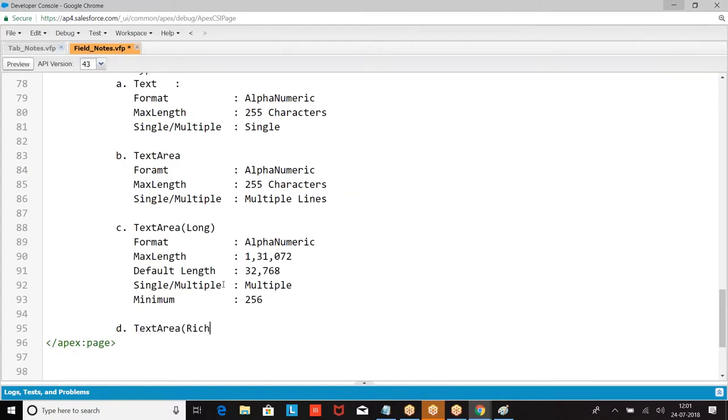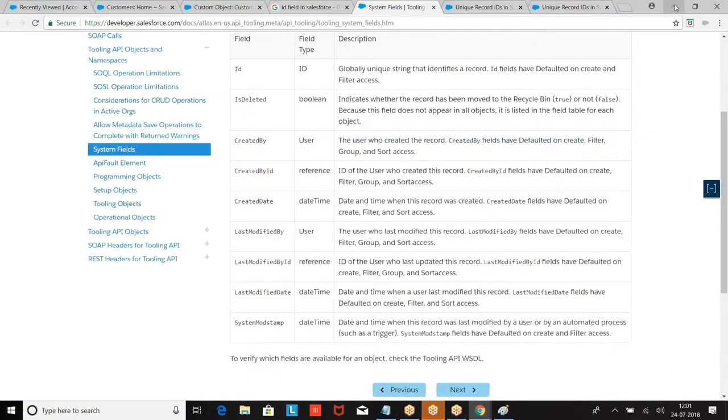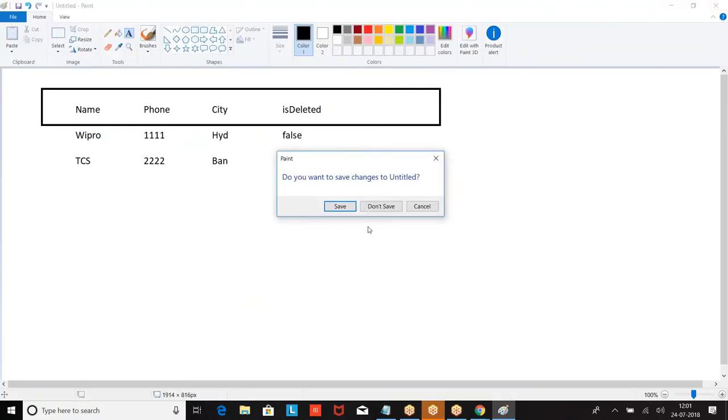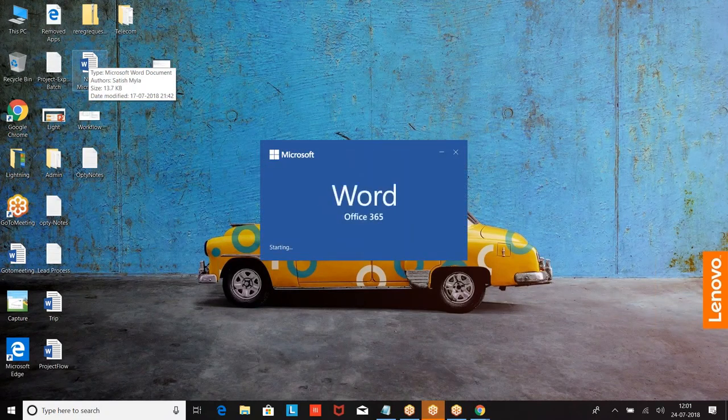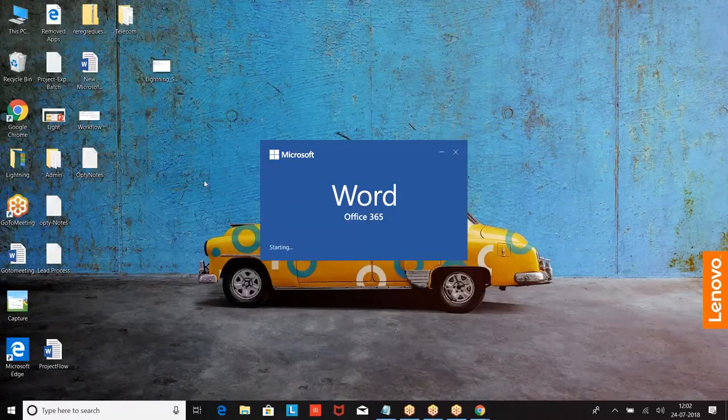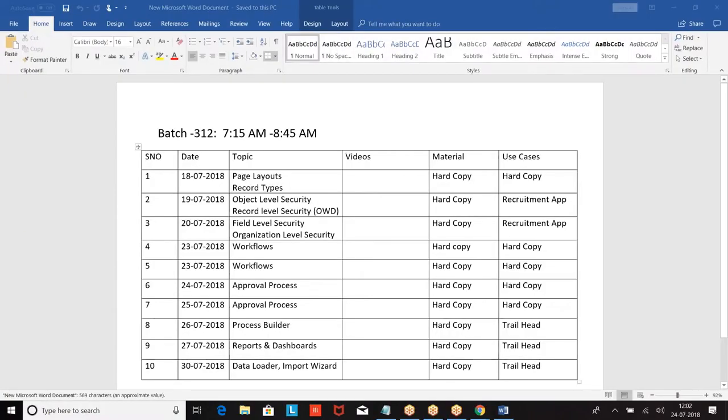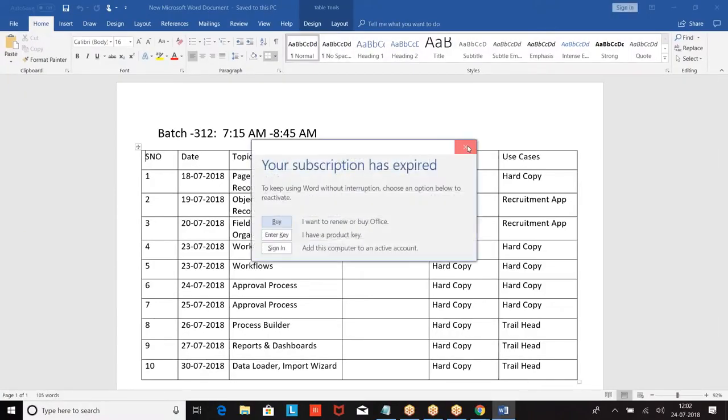Text area rich. What is this text area rich? You want to format the data. What is the meaning of formatted data, boss? Look at this. Now, we want to format the data.